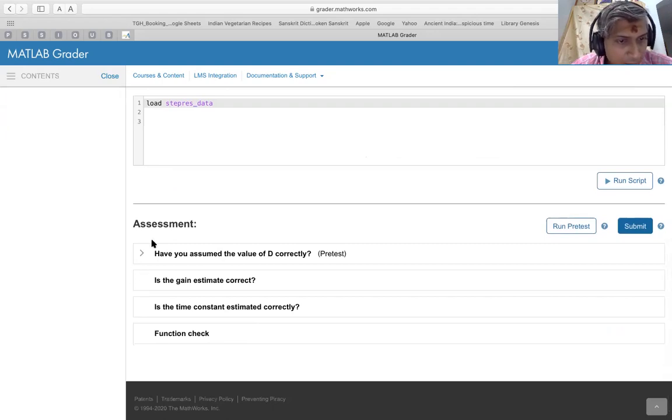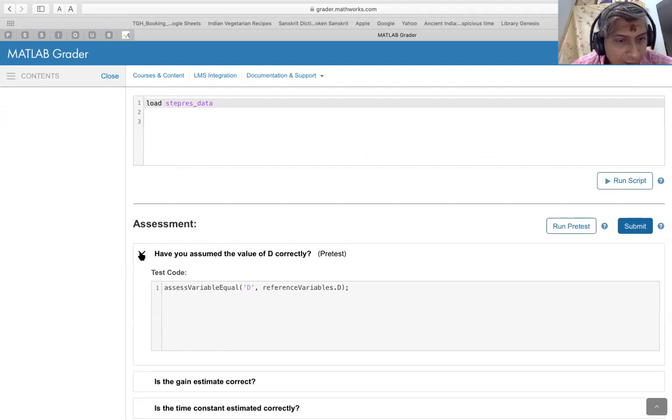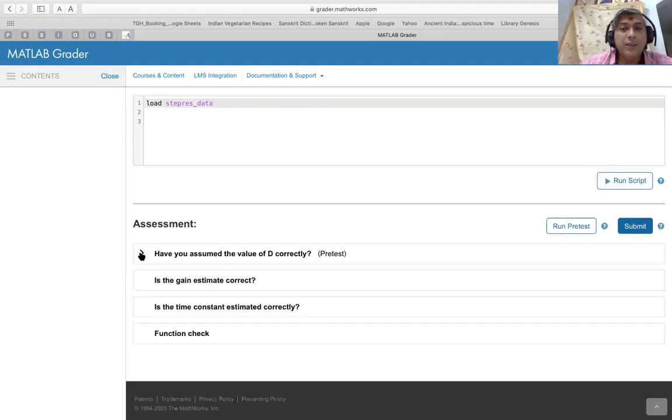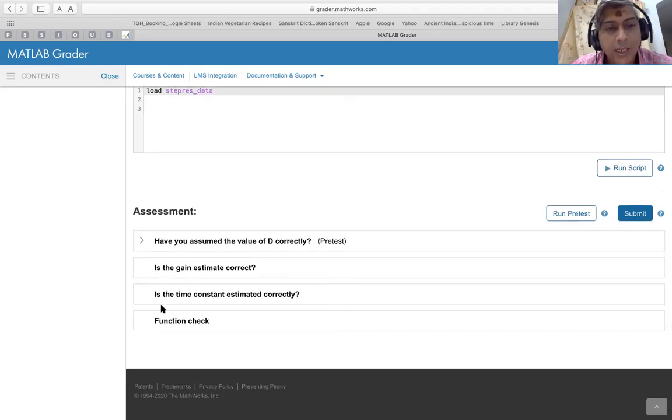Now, accordingly, I have set up the assessment here. So there are 4 questions that I have set up. This is the first one here. This is a pre-test. Have you assumed the value of D correctly? The problem is asking the student or the learner to assume the value of D to be 2. And if the user doesn't do that, then essentially this is a pre-test. The user better not proceed with the remaining assessments, right? Then we have the remaining 3 assessments. Is Kp being estimated correctly, which is what we call as a gain?